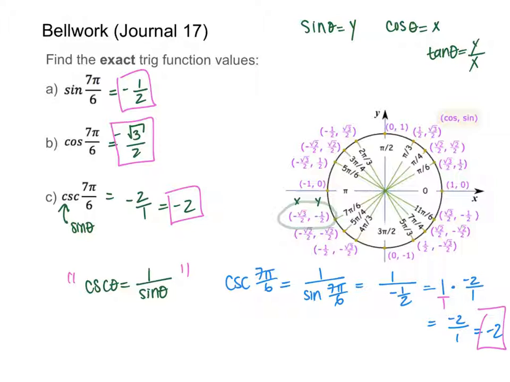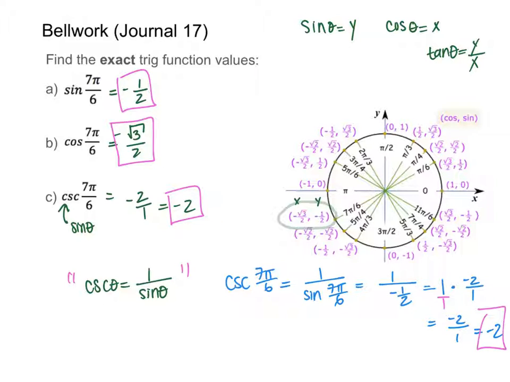Now you're probably thinking, why would I go through all of this hassle if I know that the reciprocal of cosecant is sine, and reciprocal just means flip the fraction, right? Flipping the fraction was a lot quicker to do. So the reason I'm showing you that the reciprocal just means 1 over that value, in this case 1 over sine, is because sometimes you are going to have trig functions that cannot use the unit circle. And so sometimes you have to rely on the calculator to find